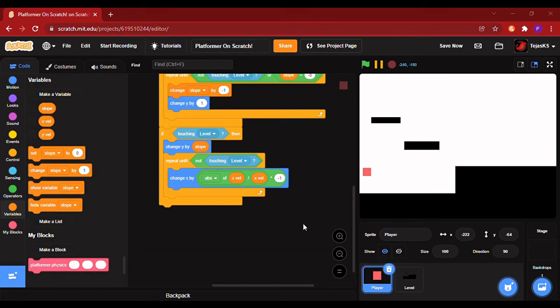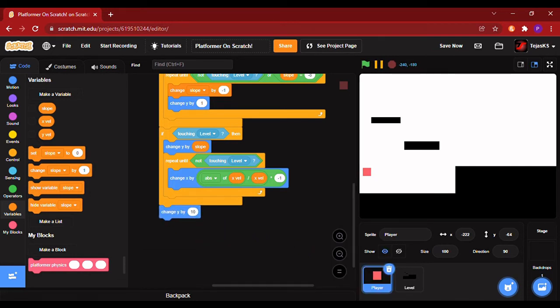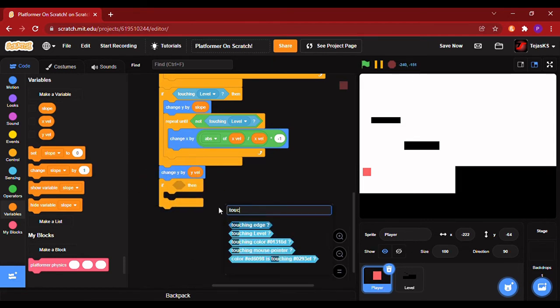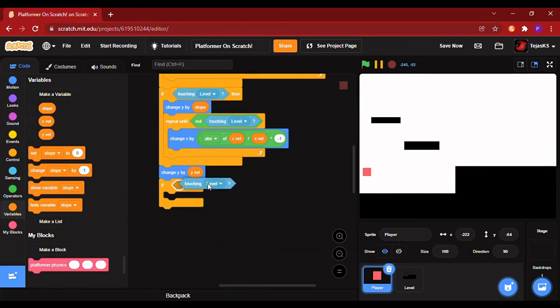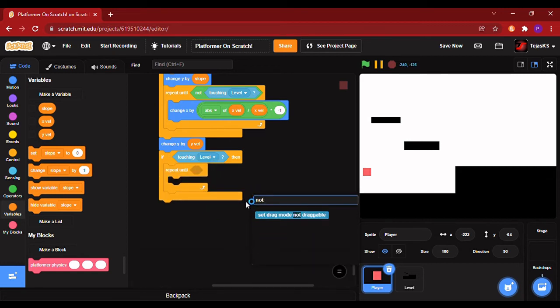And then after that, change y by y vel. And after that, if touching level, then repeat until not touching level.